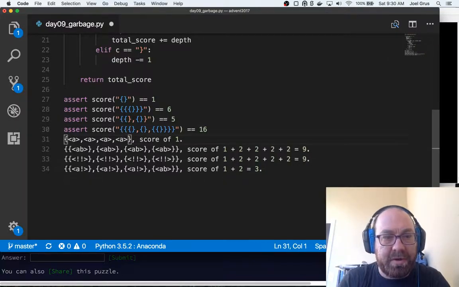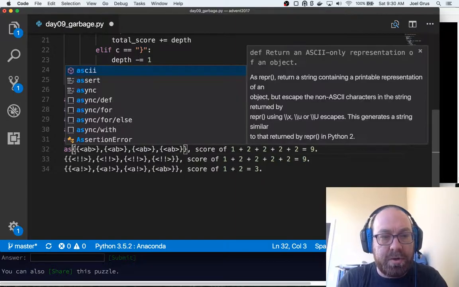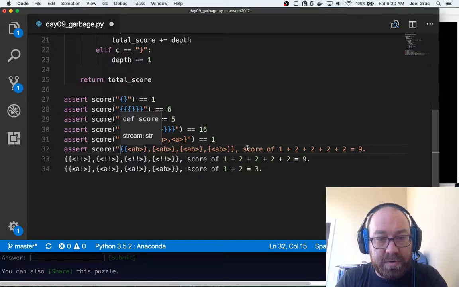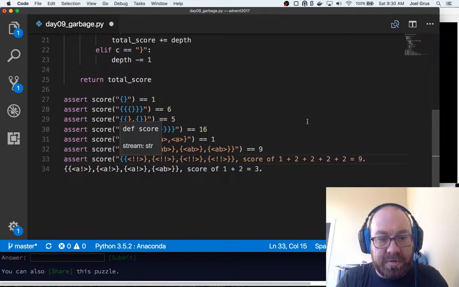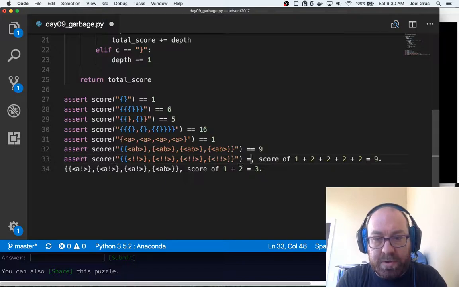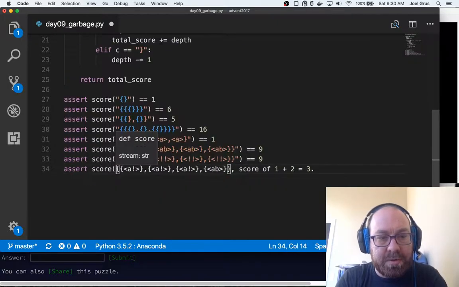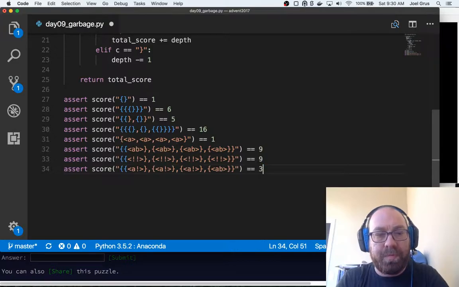So if I get all these right, then probably we got the problem right. This score is 1. Assert score of this guy is 9, and score of this person is also 9, and assert that score of this is 3. Okay, so I'll be mildly surprised if this works.